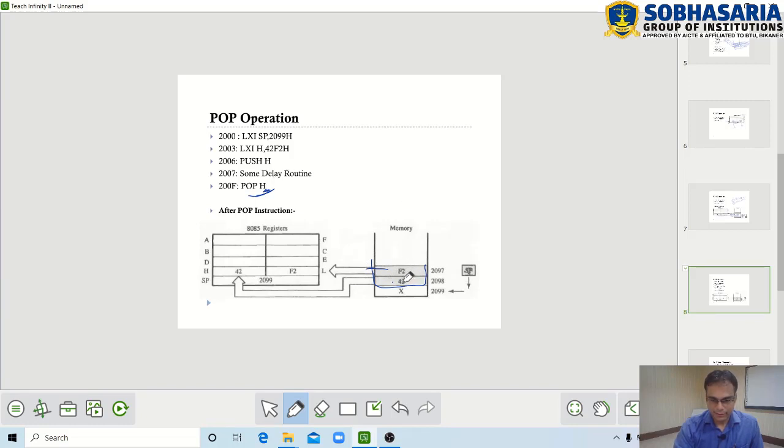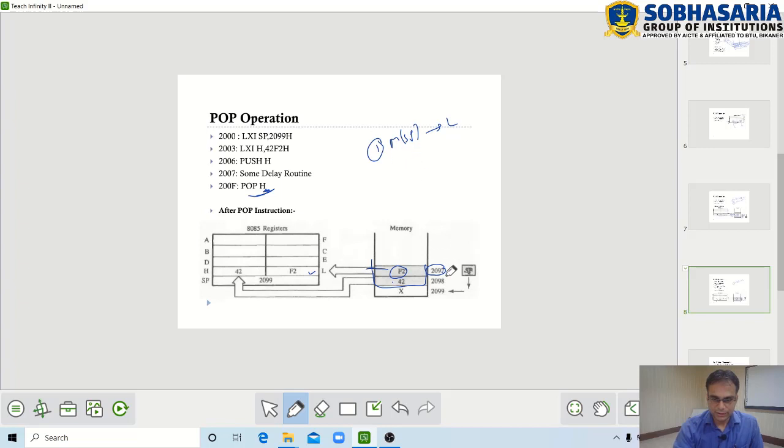So first the content of the top element of the stack, F2, will be loaded in L register. So stack pointer will have 2097 in the beginning. So the first step is this memory pointed by stack pointer will be copied in lower register, right?